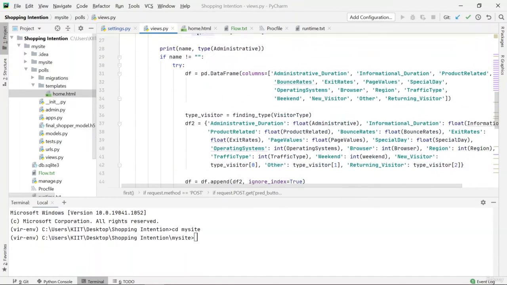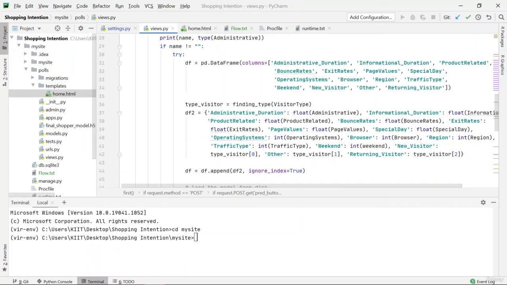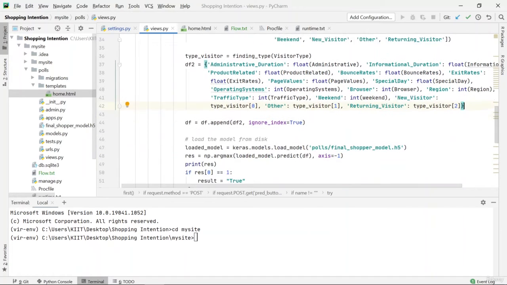And once I've stored them in my variables, I'm inputting all of those into a data frame that I've created here. You can see that the data frame has been created, and then the values are being input into the data frame.